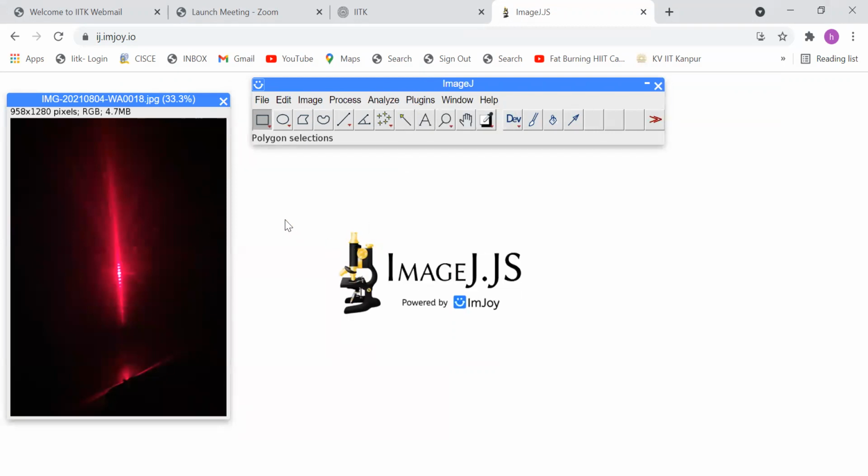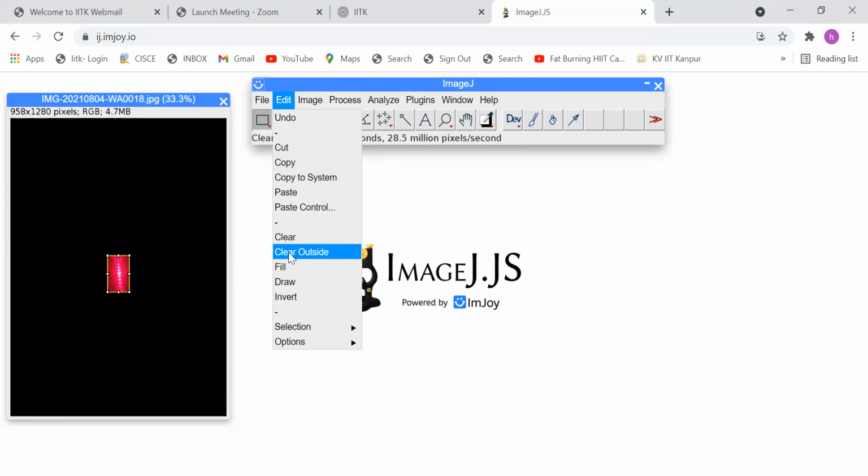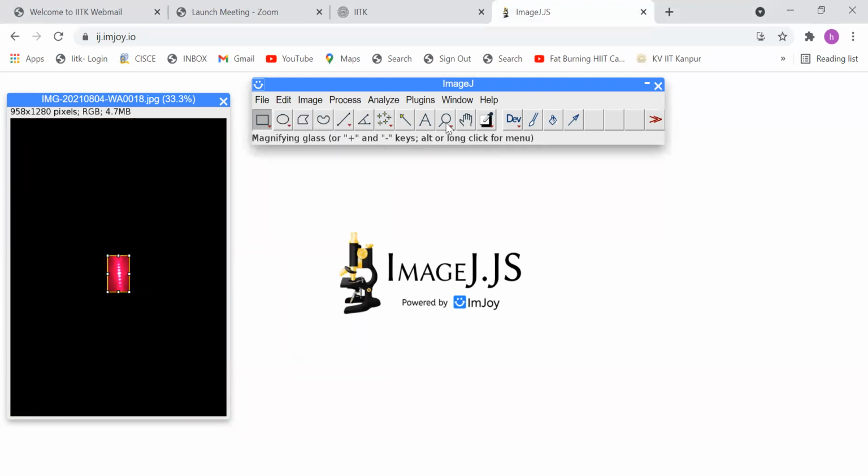All right. So now that we have this, rather than analyzing the whole image, I know that the information is at the center right here. So let me just select that part so that I make my life a little easier. So what I'm doing is I'm just selecting this part. And I am now going to my edit image and I'm simply saying the following, that clear outside. So that, this is my image.